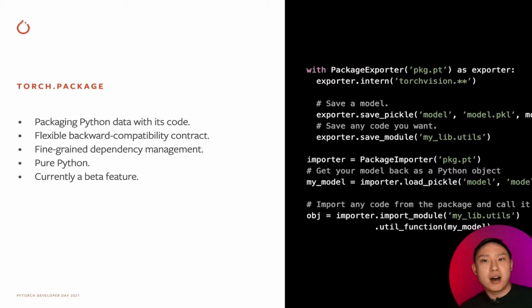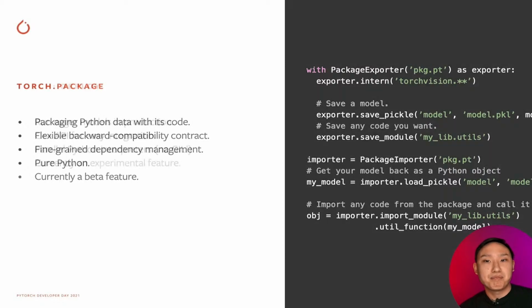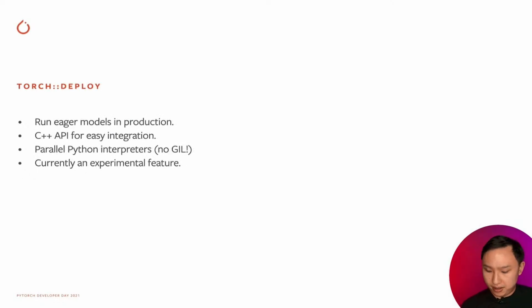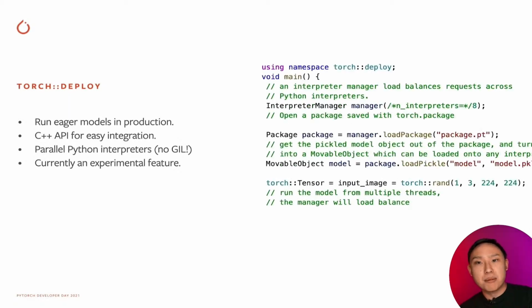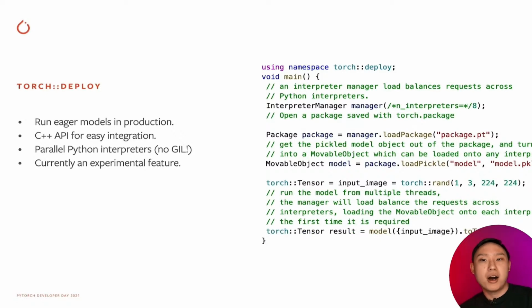So if you have a packaged model, how do we actually run it in a C++ or a large-scale inference service with Python? That's where Torch Deploy comes in. For that, we have Torch Deploy, a library that allows you to run multiple embedded Python interpreters within a single process. And here's a code sample. As you can see, calling the model is like calling into any C++ library. There's no special setup, and most importantly, there's no weird interaction between the embedded Python interpreter and any global state